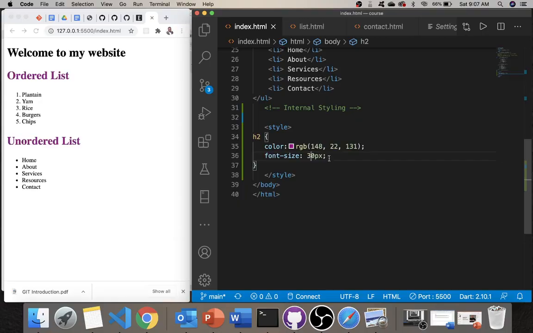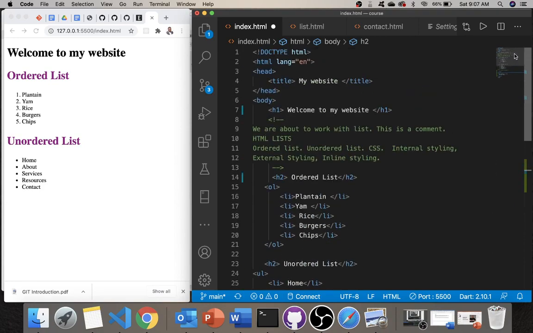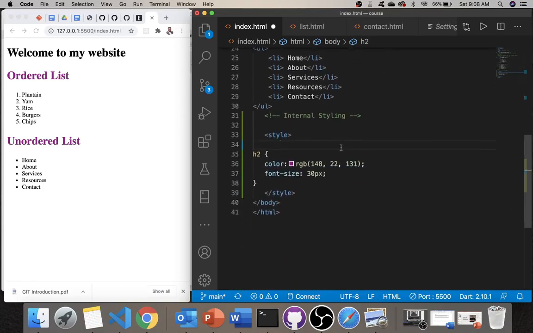How about if you want to give the entire page a background? To give the entire page a background, it will not be inside the h2 tag. It will still be inside the styling tag, but we're going to style the entire body. Remember, anything in the tag can be styled. So body is in a tag. We will style the entire body. So we'll say body, and then